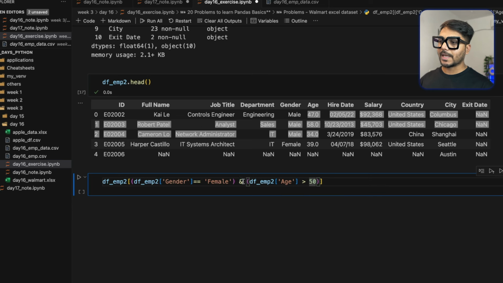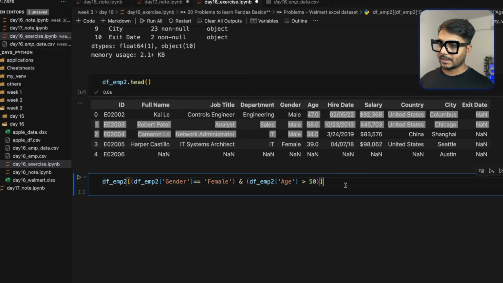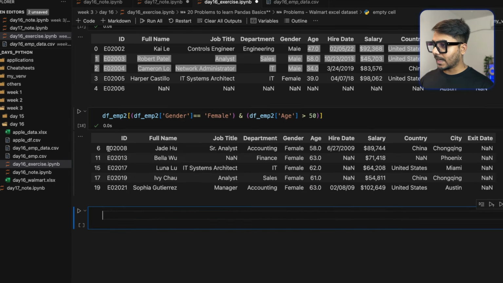Okay, as I'm using this and operator, which is a logical operator, that is going to ensure if both the conditions are true, then only I will be getting that row. Now it's going to apply in the data frame each row for these two columns, and if both the conditions are satisfied, I'm going to get that row. Okay, so you see I am getting this